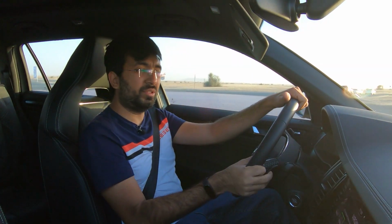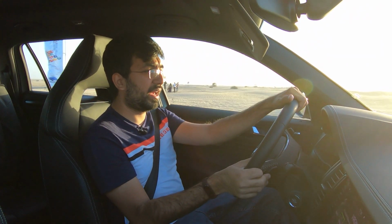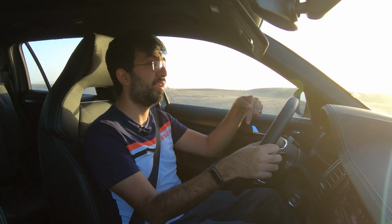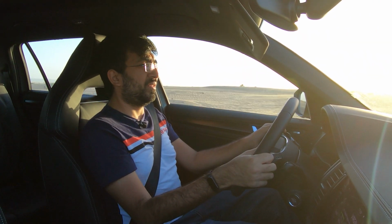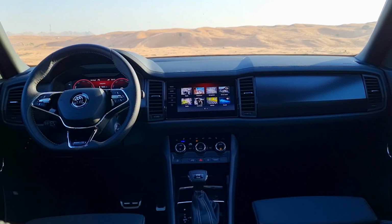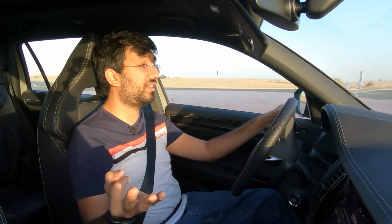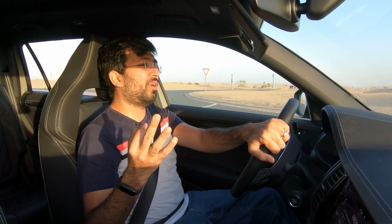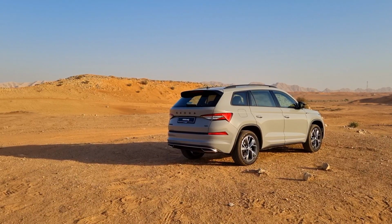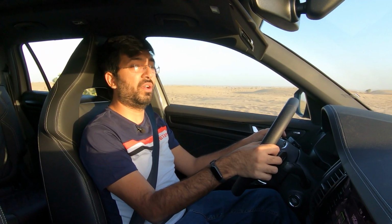Now when you come to the pricing, this Skoda Kodiaq is priced at 169,000 dirhams, which is this Sportline. Now in order to justify this car's price, I'll tell you, this car is spacious, it's practical, it's kind of affordable if you think of it as a 7-seater, and it's also got all the latest tech, and it's also simplified to use so that you don't get dazzled by so much tech which has been given otherwise in a lot of cars these days,